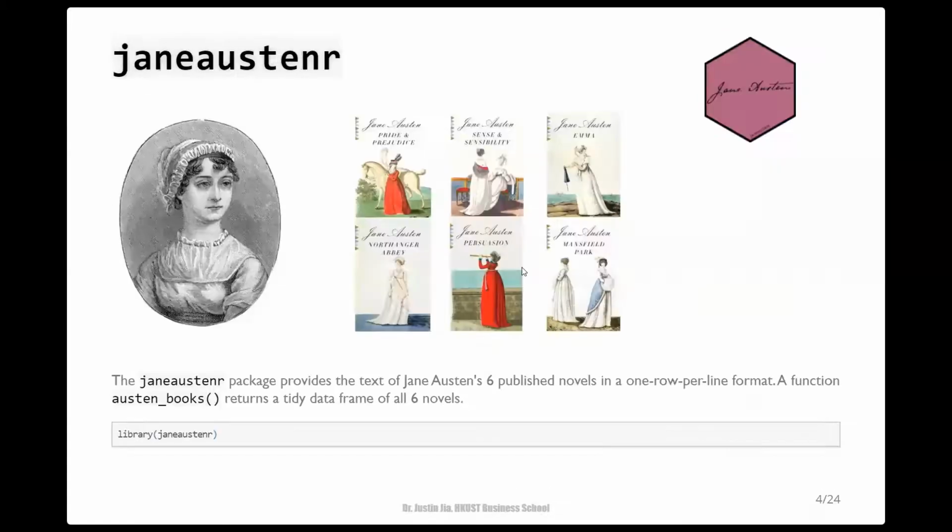I'm going to use the janeaustenr package to demonstrate the standard workflow for text analytics in R. The janeaustenr package provides the text of Jane Austen's 6 published novels in a one-row-per-line format, where a line in this context is analogous to a literal printed line in a physical book.